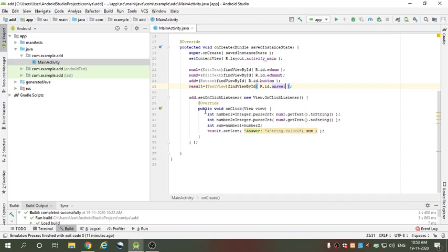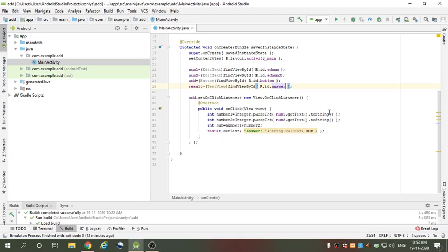Then next, in the onClick method, we create an integer. Here int number1 is equal to Integer.parseInt(num1.getText().toString()). Since our number is of integer data type, we need to convert this string to an integer. So how to do that?